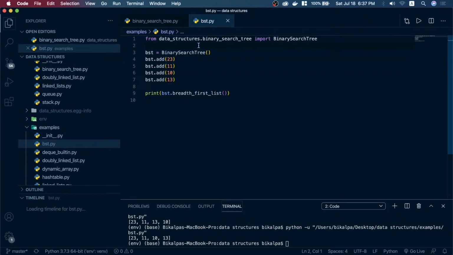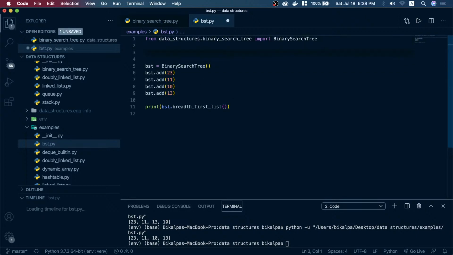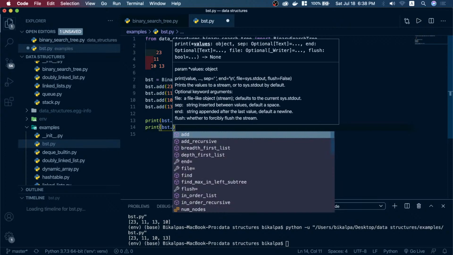I need to visualize this first. Basically 23 is inserted at the root, and then 11 comes, we insert it here, and 10 comes. For 10 we will go here, and 13 comes, 13 will go here, right? So for going breadth first, we will go 23, 11, 10, 13. Yeah, that is correct. And for depth first search,